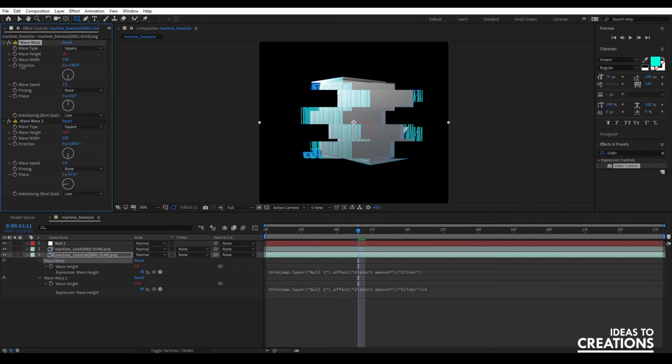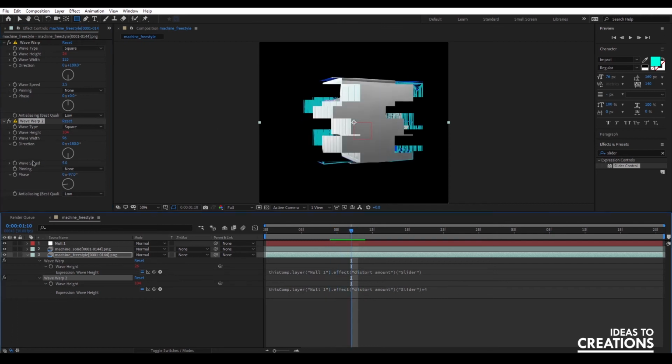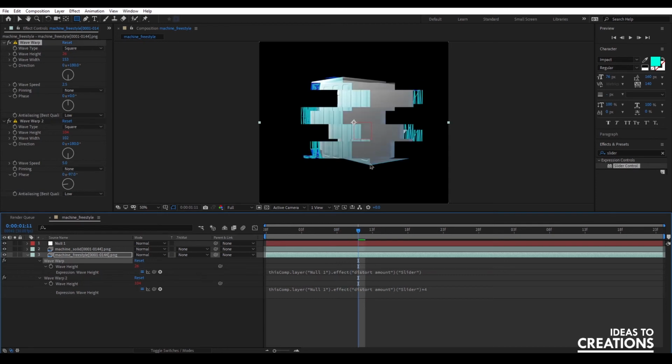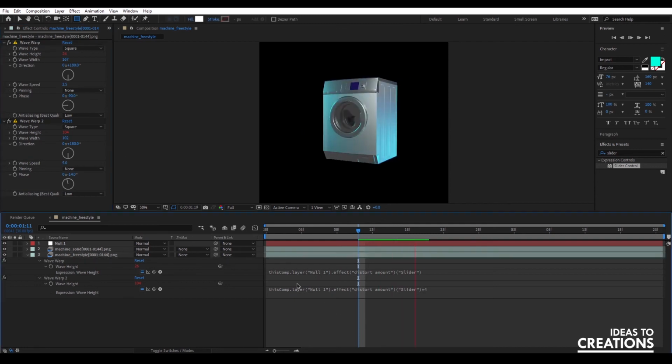mess around with the wave width to give them different alignments. We could also mess around with the phase. So let me just undo that to take them back. We can also mess around with the phase to sort of push these to be a bit behind. We can even put the thin lines now to be a bit ahead, so that now they have very different